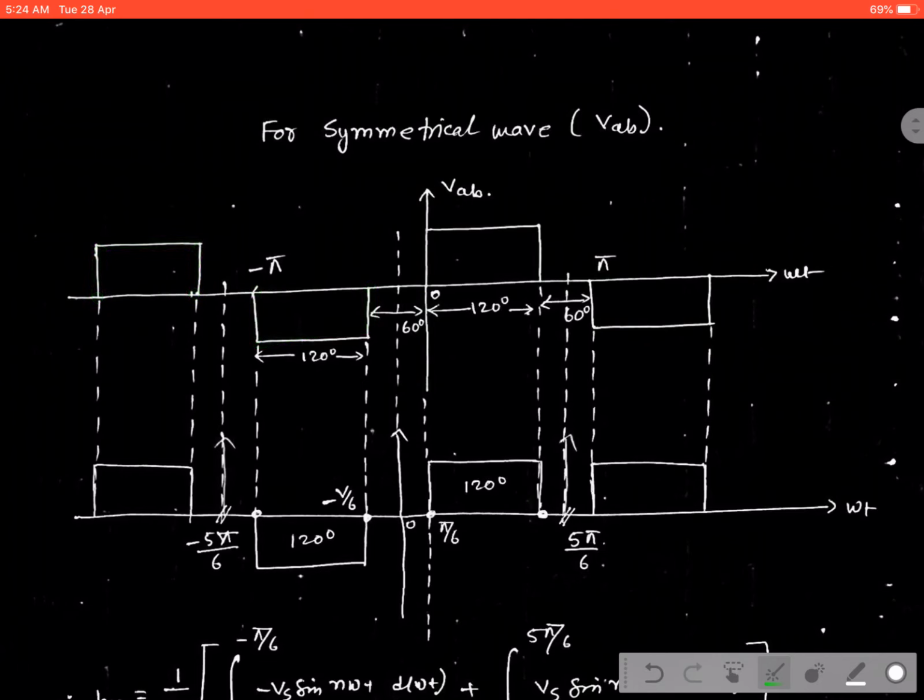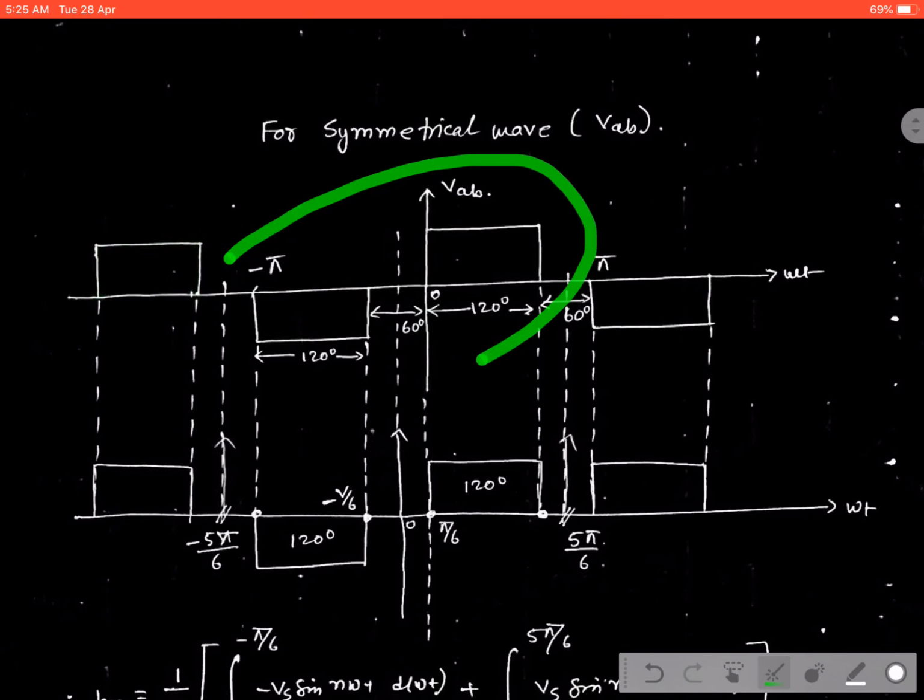To define any periodic function by using Fourier series, first we should identify the nature of the waveform. Is the waveform symmetrical or not? If symmetrical, then half wave symmetrical or quarter wave symmetrical. That means to define any periodic function, first we should identify the nature of the waveform. Now see this picture very carefully.